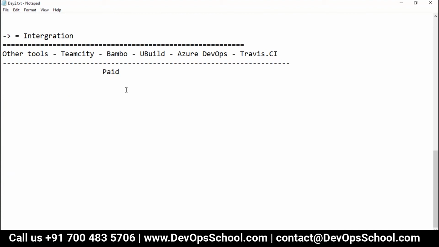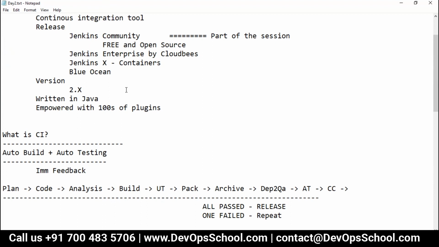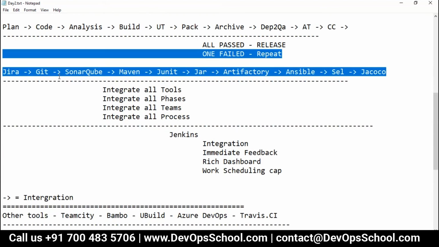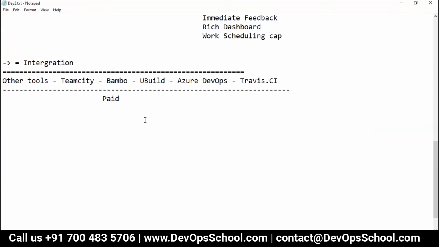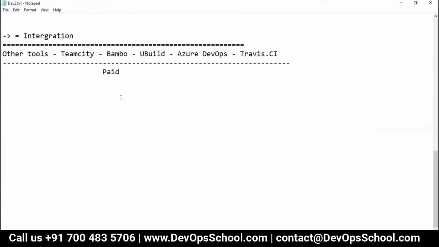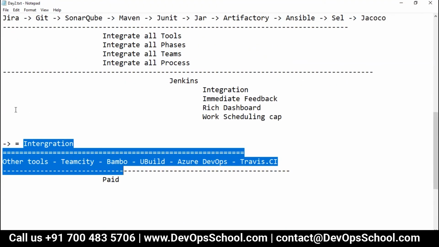So we have understood what Jenkins is and why we need it to achieve DevOps, and the other tools.